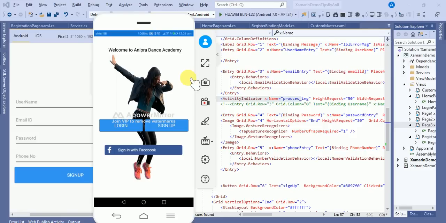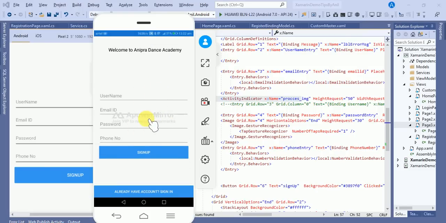In this video, this is my registration form, and if I click on the sign up button, it will move to a sign up form. Once I click on sign up after filling all the mandatory fields, it will connect through the web API and insert the user in SQL Server, because in the backend we are using SQL Server. Okay, so this is the screen.